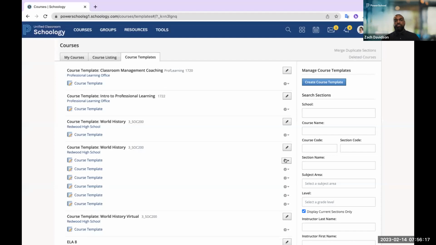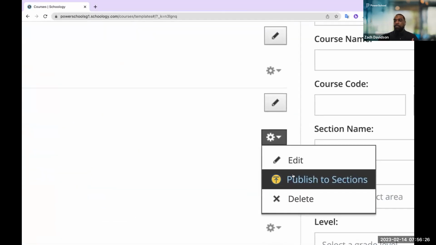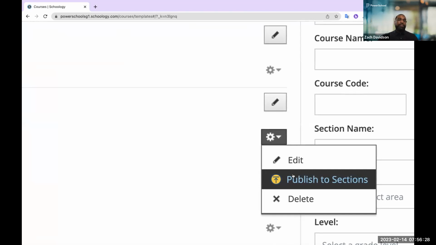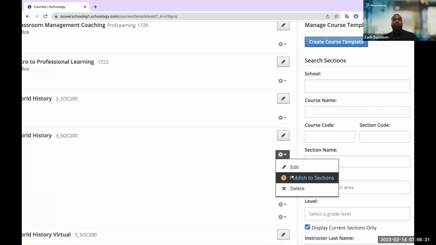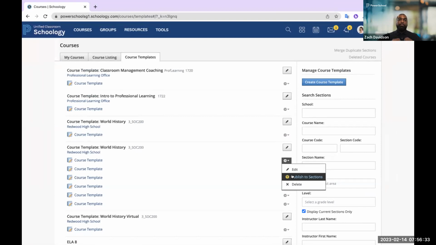Instead of having your teachers start from scratch and building out their courses, you as an administrator in your school or your district can actually create course templates that can be published to the sections that you see fit and you deem necessary. And so I can build out a second grade course template, push it to all the second grade teachers, and now they have the capability of seeing that course template and then even supplementing that with their own additional work. It's a great way to build adoption throughout the entire school district and engage not only the students, but the teachers alike.